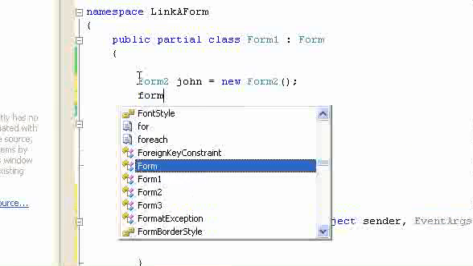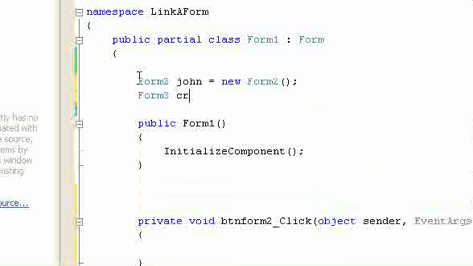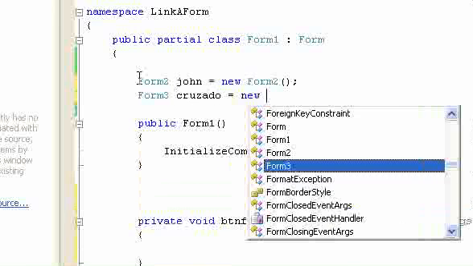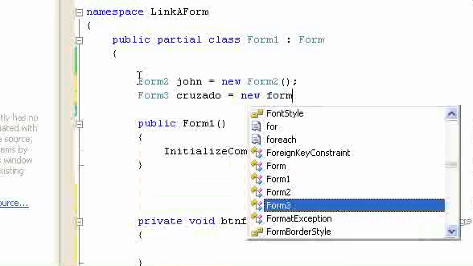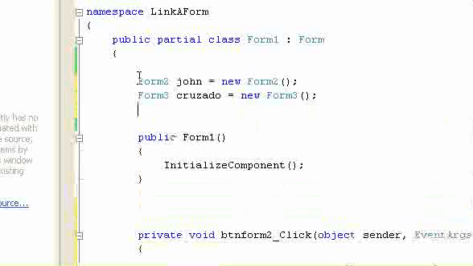Then the form 3, Rosado is equal to new form 3. The syntax of this is the form name, the form that you want to name on that form, then new form.